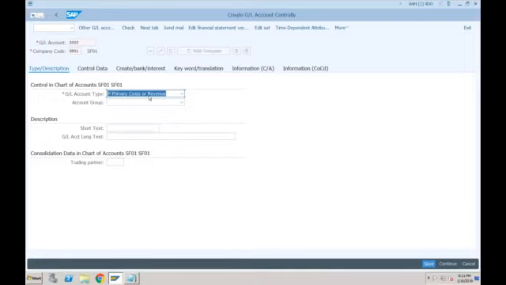If you don't want to create the cost element, you have to select non-operating expense or income. So these two are relevant for profit and loss, this is relevant for secondary cost elements, and this is relevant for balance sheet accounts. Based on what exactly you are creating, you select the proper account type. So let's say, for example, I will go with balance sheet account because 2000 is, let's say, my cash account.